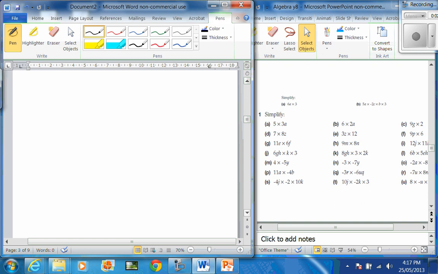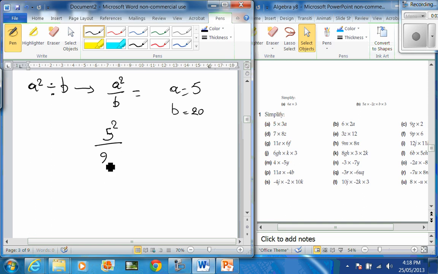And we learned that if I have a squared divided by b, I have to write it first, and then when they give me the value for a and they tell me a equals 5 and b equals 20, I have to evaluate this and put, instead of a, 5 squared over 20, which is